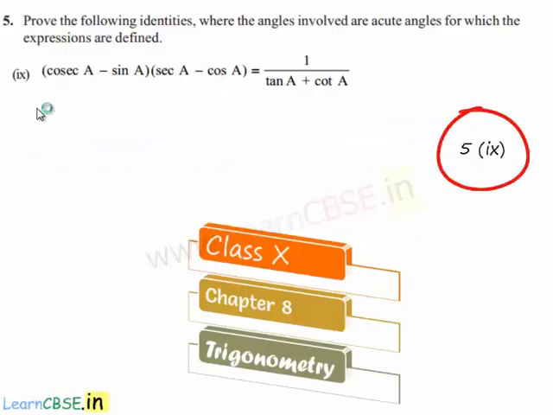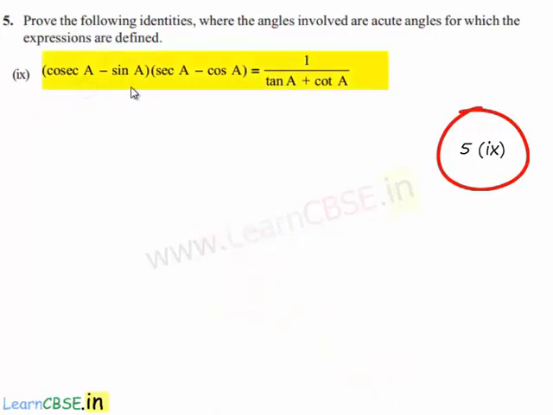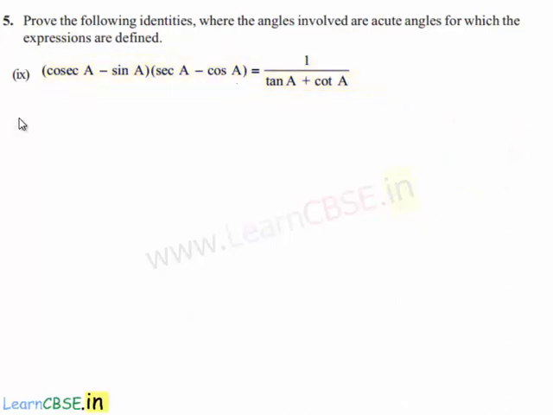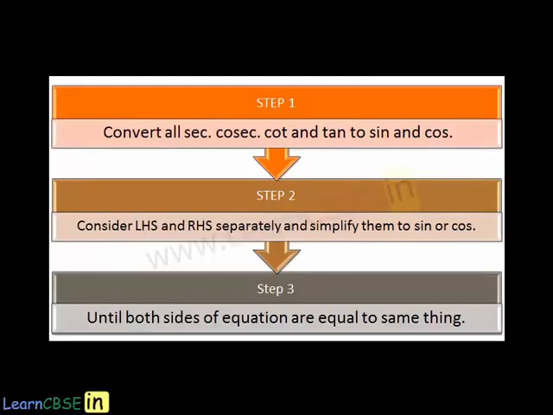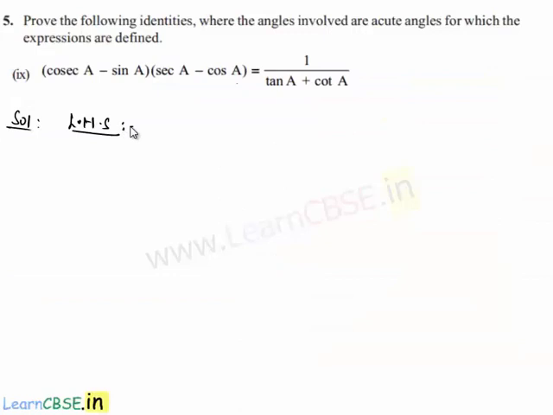Now moving on to the 9th bit of the 5th problem. We are asked to prove that cosecant A minus sin A into secant A minus cos A is equal to 1 by tan A plus cot A. In order to prove this, let us initially consider the left hand side, that is cosecant A minus sin A into secant A minus cos A,